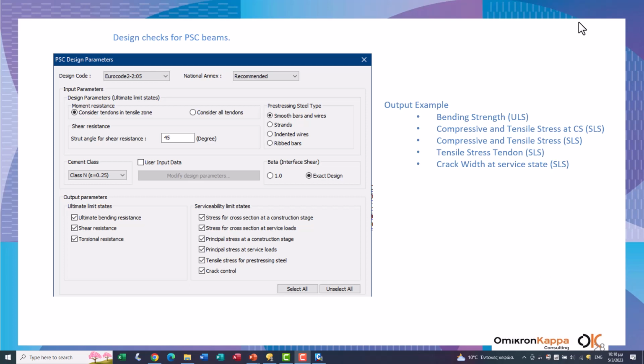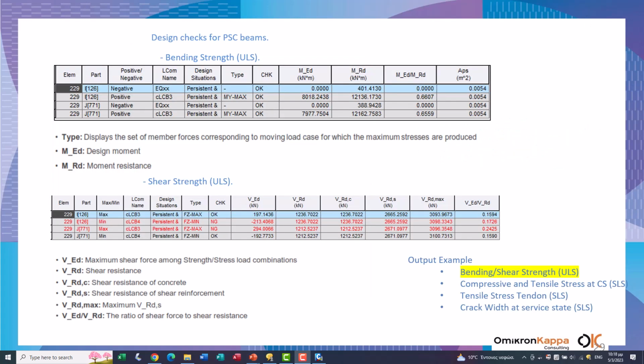Here we have the design checks for the PSC beam according to Eurocode. We have checks for all output parameters in ultimate limit state and serviceability limit state. In table format, we can view the section bending strength.